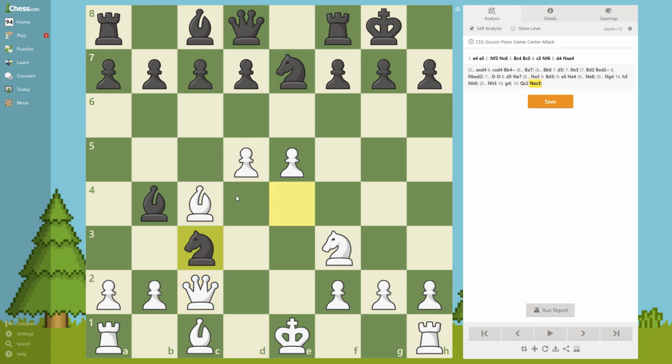And now black was forced to take, and of course we take with the pawn, and now bishop c5. Now pause the video. What would you play for white? I like this move a lot. Knight to g5. In one of the previous games, a similar idea was executed, and the idea is that we